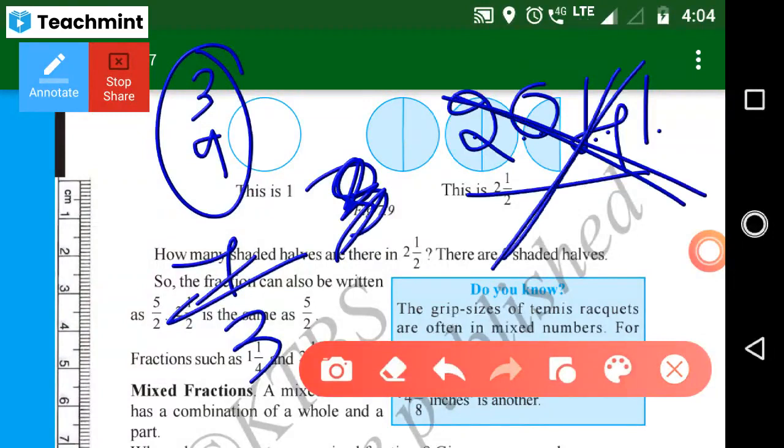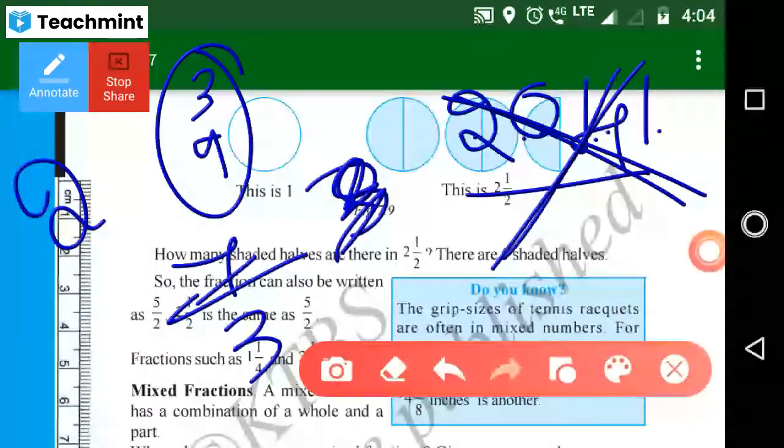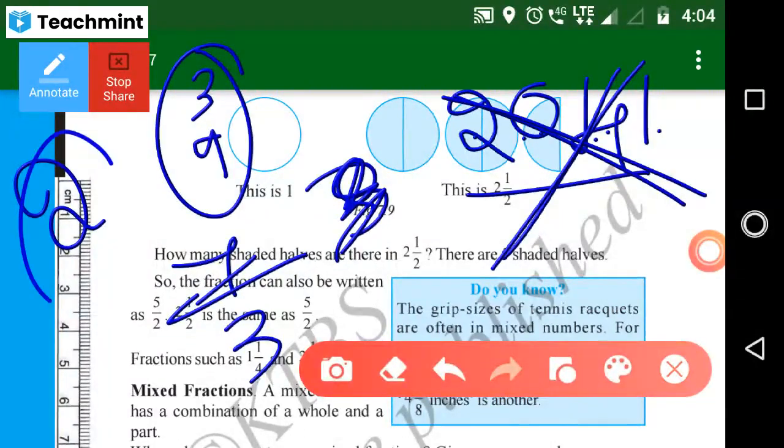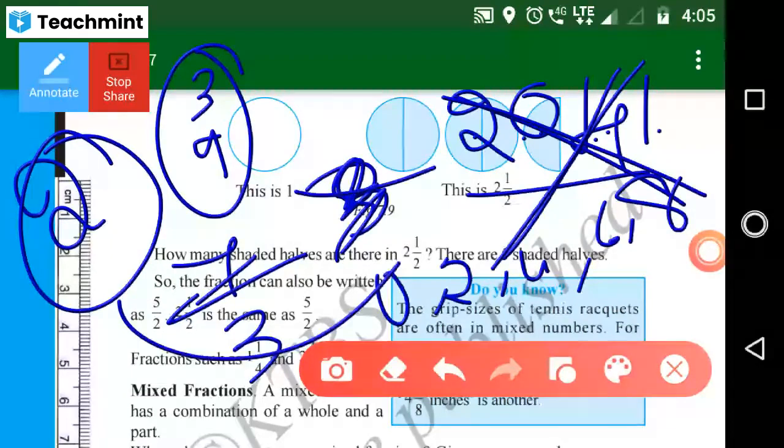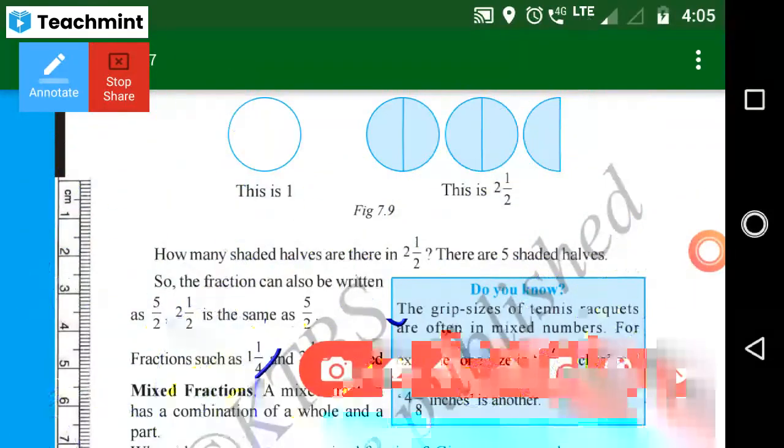You just remember, okay? 2 table also not divisible, ma'am. Then the 2 divisibility rule means if the ones place is 0, 2, 4, 6, or 8, then that whole number is divisible by 2. This is the 2 divisibility rule and this is the 3 divisibility rule. 3 divisibility rule means first you have to add the digits. After that you just divide by 3. That's it.